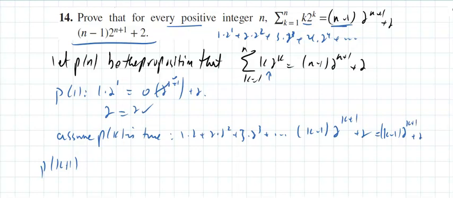Alright, so by my p of k plus 1, that is 1 times 2 plus 2 times 2 squared plus 3 times 2 cubed plus k minus 1 times 2 to the k plus 1 plus 2 equals, oh, now the next term, this is p sub k. Add one more term. Put k equal